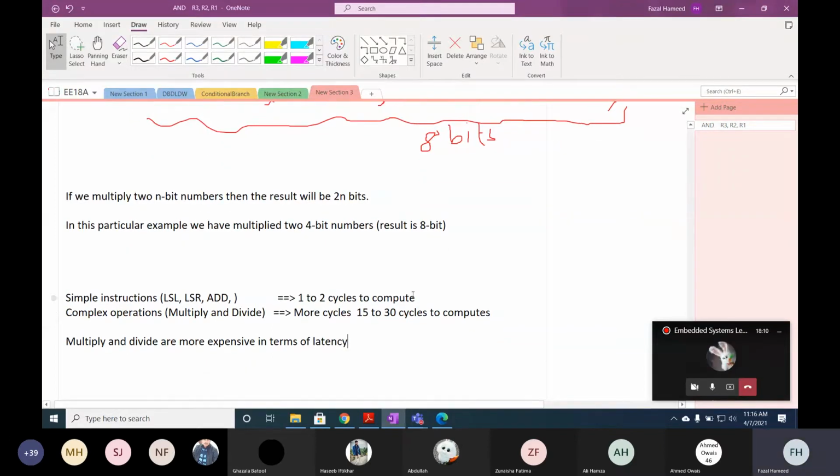In terms of latency. Okay, so these multiply and divide instructions are more expensive in terms of latency. Now if you look at the shift operation, we studied logical shift left. Logical shift left also